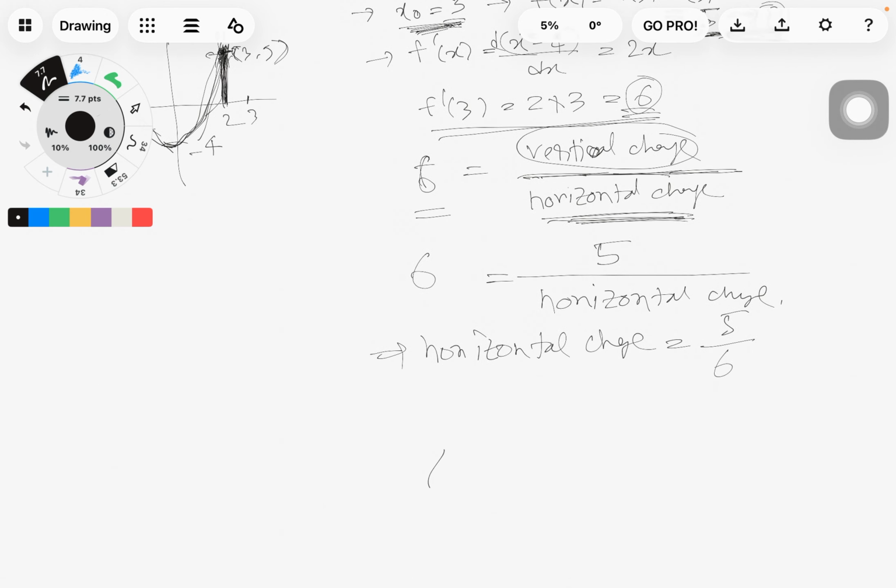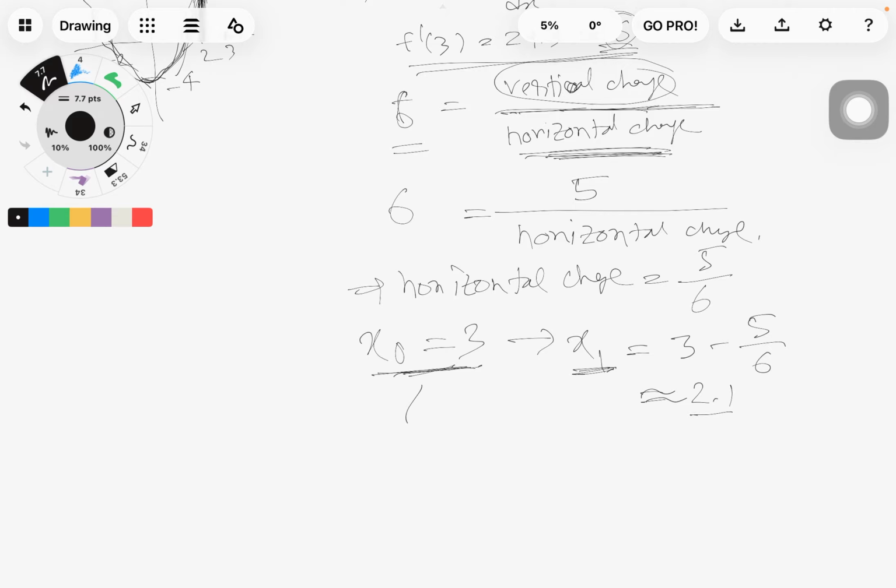What does it mean? We started with x equal 3. Our updated value right now would be take that 3 and deduct 5 by 6. Why? We are trying to find a new value of x for which the function becomes 0. You would get something around 2.1. So this is called first iteration, this is second iteration. If you continue to do more iterations, you will finally see it gets closer and closer to 2, which is